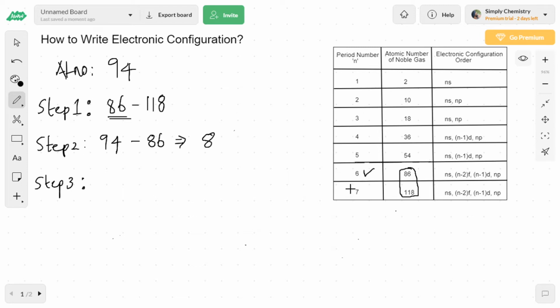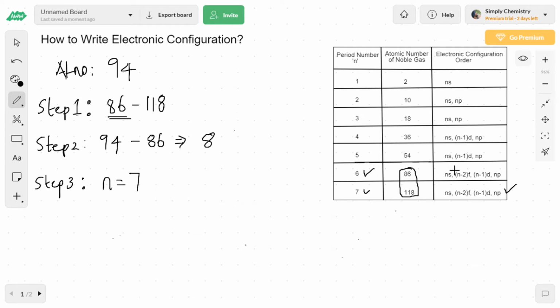We know that noble gases occupy the right extreme end in the periodic table. That means in a period, noble gases are the last element. So 86 is the last element in the period 6. Hence 94 should be in the period 7. Therefore n equals 7. When n equals 7, it has this configuration order.